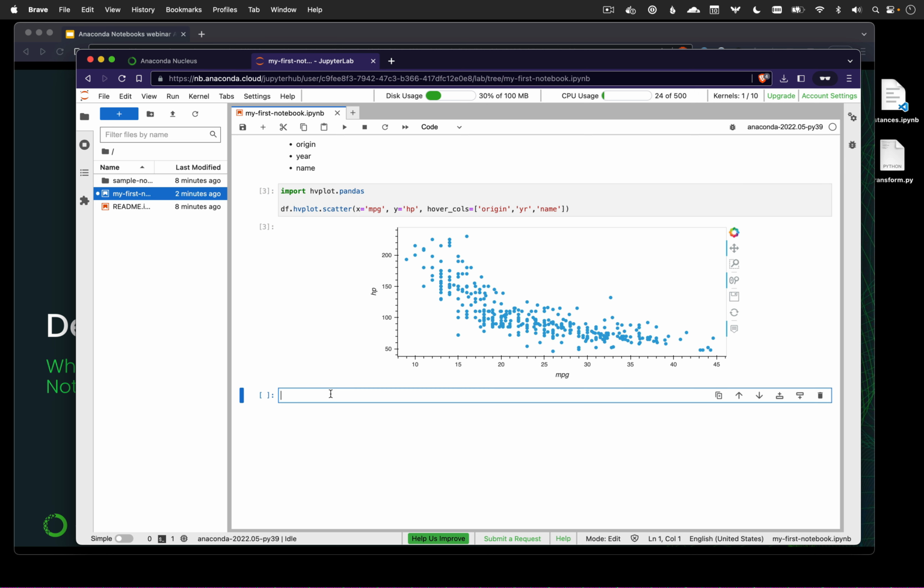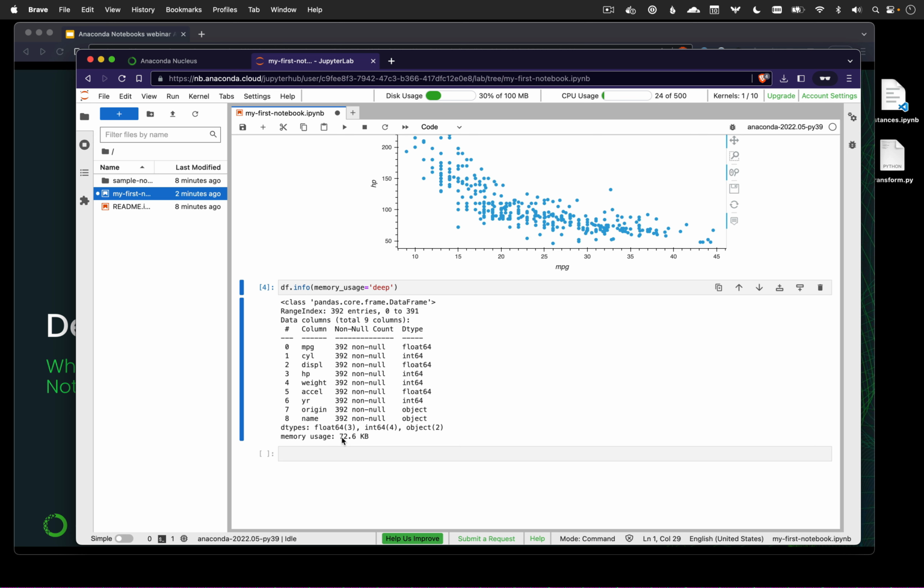And so what we can do is try to see how much CPU usage it takes to process maybe a bit more data than this. So this notebook, this DF data frame, is currently using 72 kilobytes of memory. On our Anaconda cloud here, we have access to around 3 gigabytes of memory. So we can read a couple of million rows of data. So what I'm going to do is